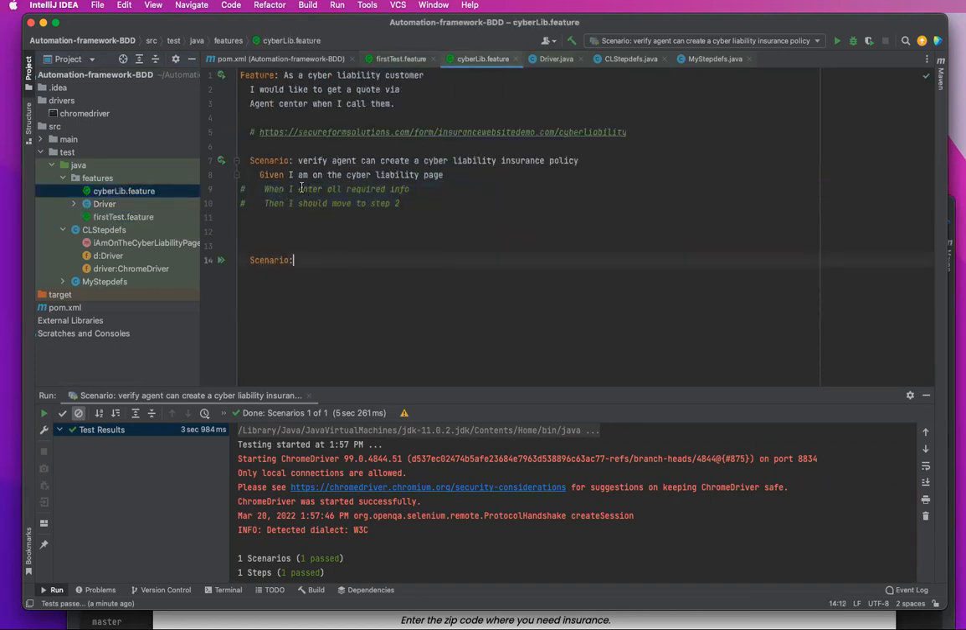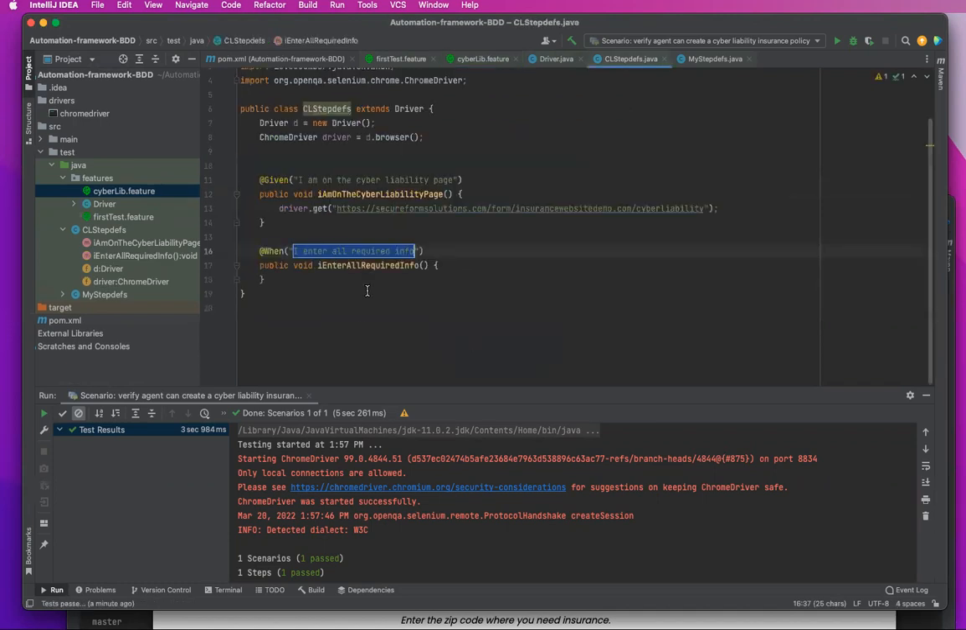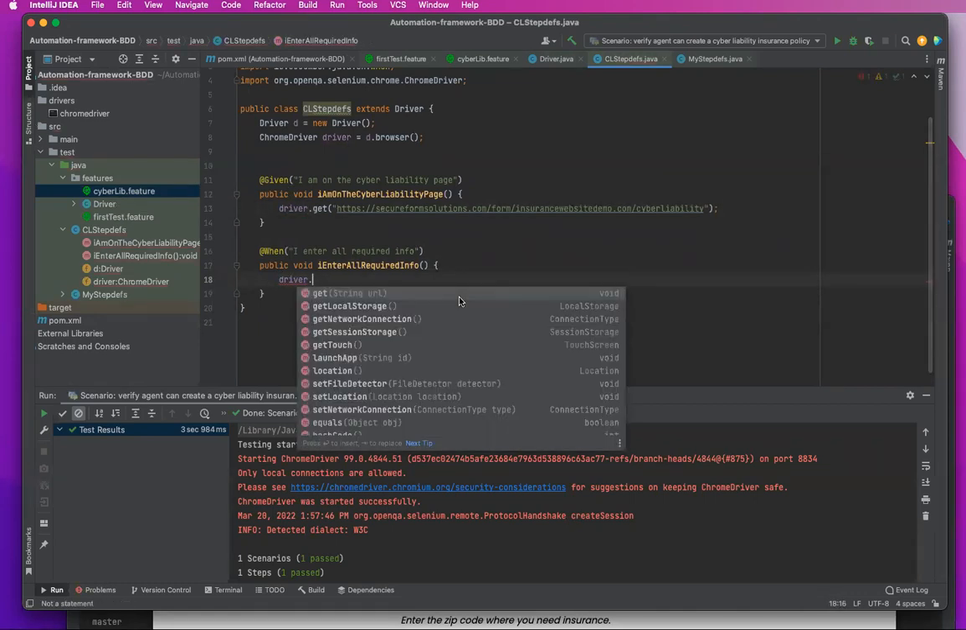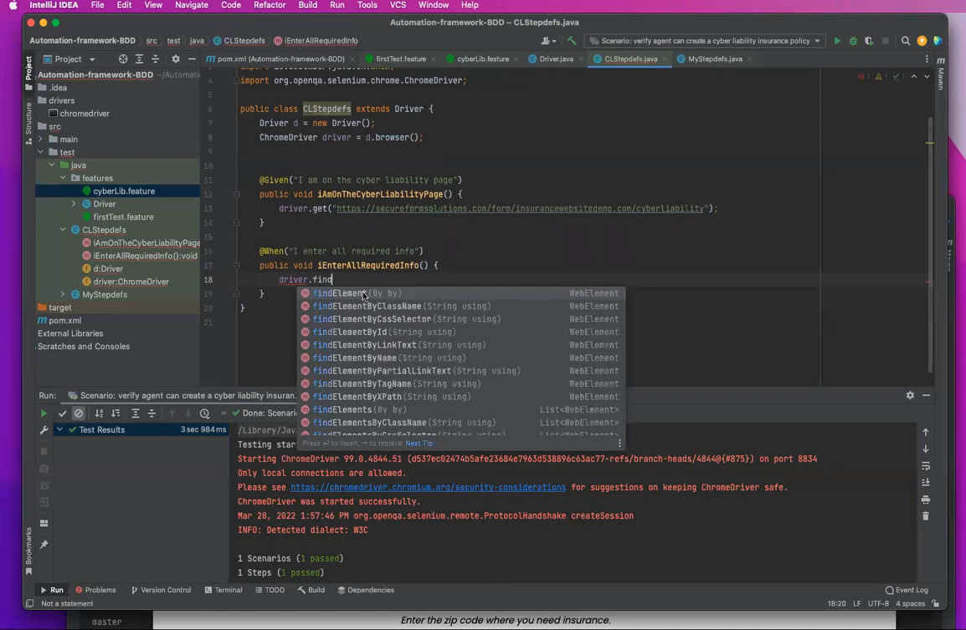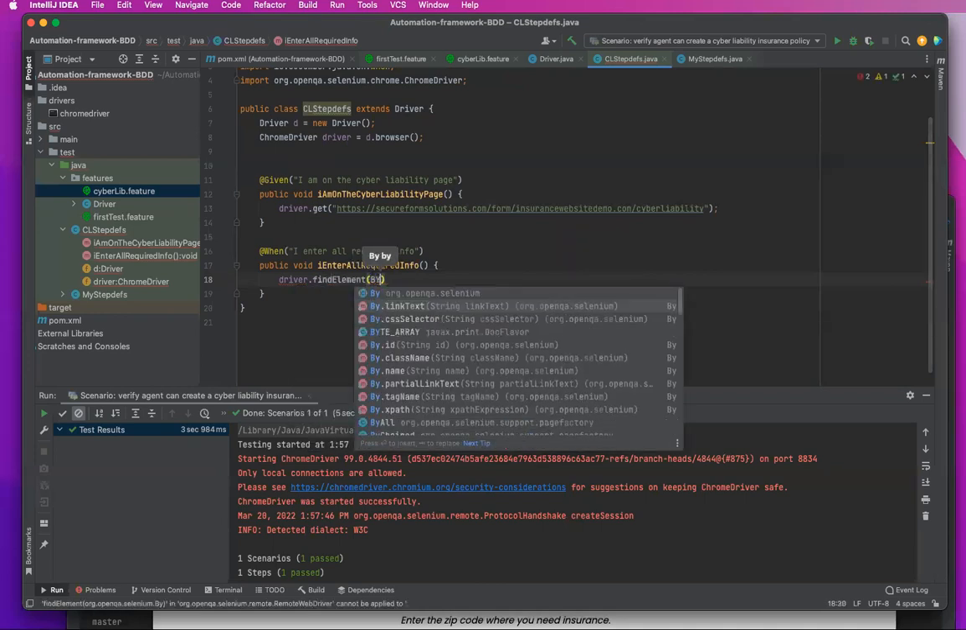Okay, so it's when I enter all required information. I'm going to undo this real quick, and then notice again it's highlighted. So I'm going to right click, create step definition. I got two class, CL step def, right here. I'm going to now say the same thing, driver dot something, right? Find element. So that's the first thing. And then I can say By dot